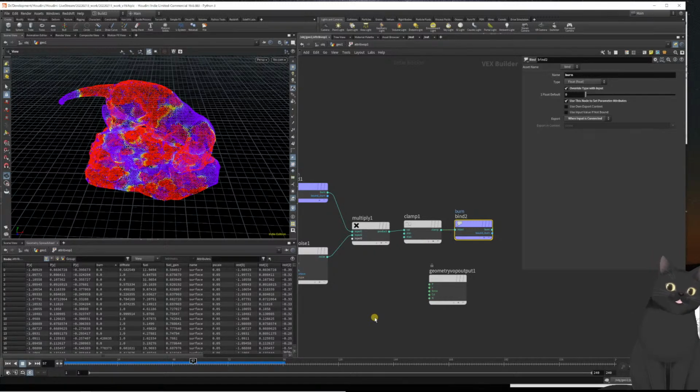5.9. These are just values I experimented with. And when we play it now, you can see it's actually really interesting. But here's the thing. We're multiplying